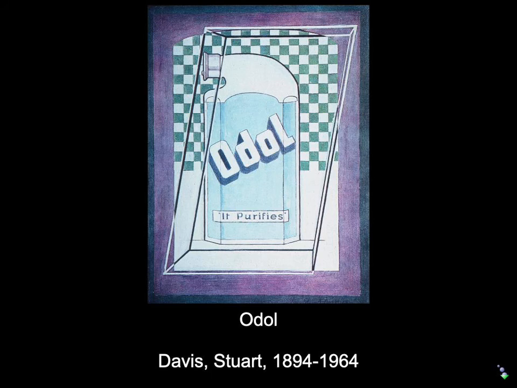And that's important for Davis, actually, because he understood that America was a populist culture, and he wants to capture and keep that sense of street and life and populist. But he also wants it to be sophisticated and smart and abstract. So here he merges that kind of realistically rendered Odol bottle with these odd geometric abstraction, pseudo-cubist kinds of forms, and is beginning to search for a kind of hybrid that will satisfy his curiosity.